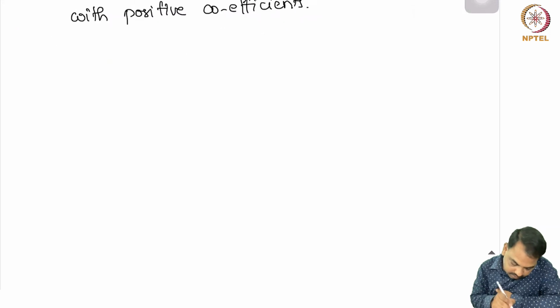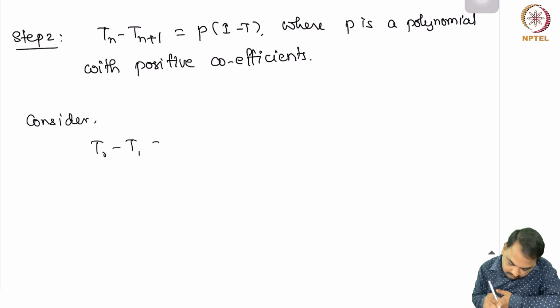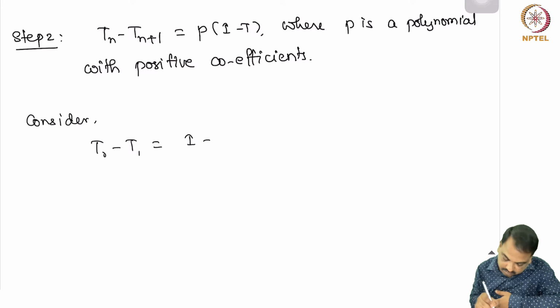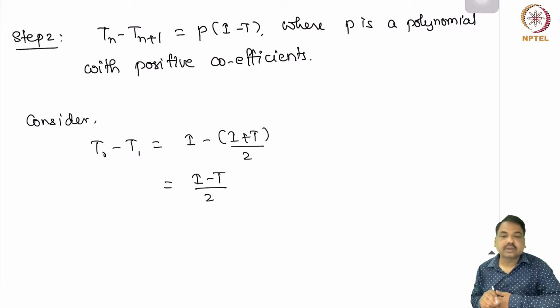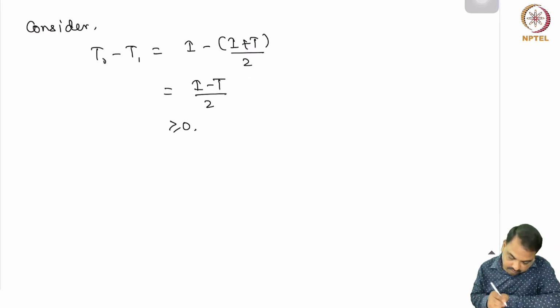Let us look at n equal to 0, that is, T0 minus T1. T0 is I, and T1 is I plus T by 2, so the difference is I minus T by 2. This is a polynomial in I minus T with coefficient 1 by 2, and we know that I minus T is positive, so this is positive. So next consider